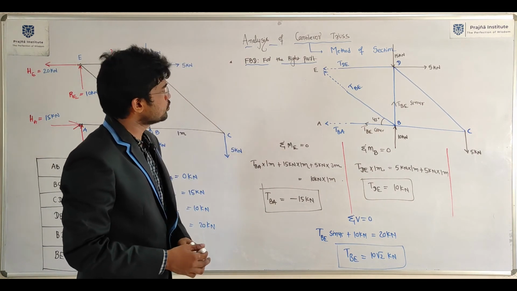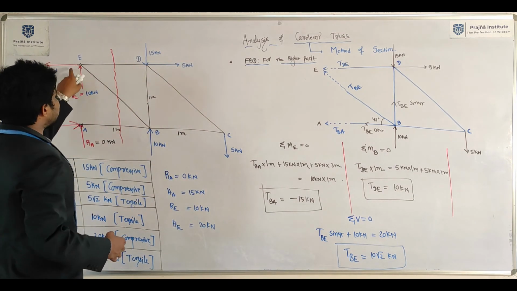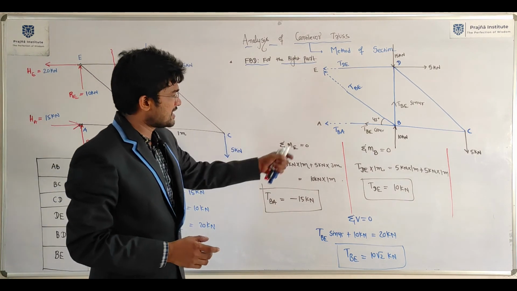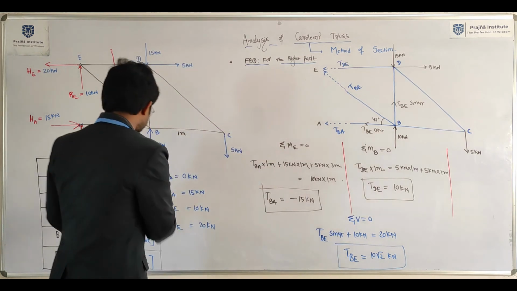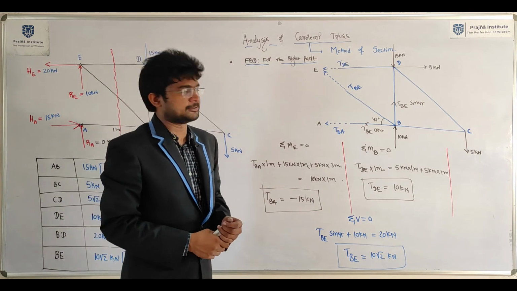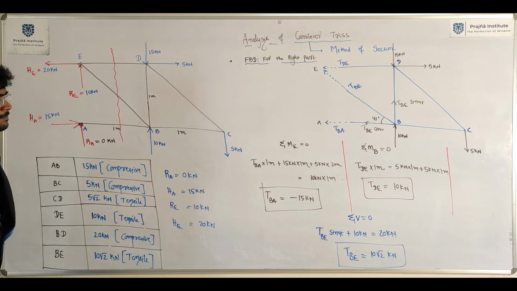Okay, this is the way to determine forces in the members AB, BE and DE by using the method of section. First, these three values match with the table. So this is the method of section. Write down up to here. Next,